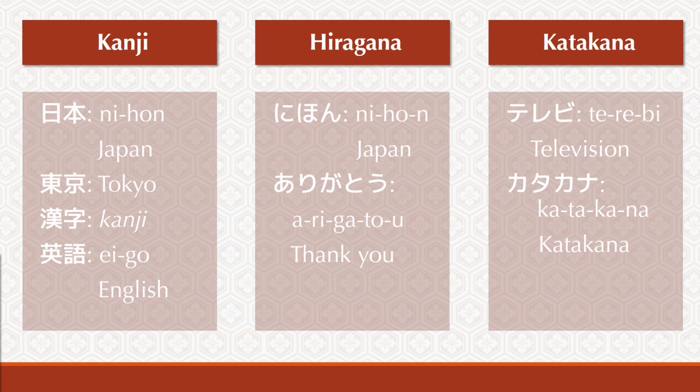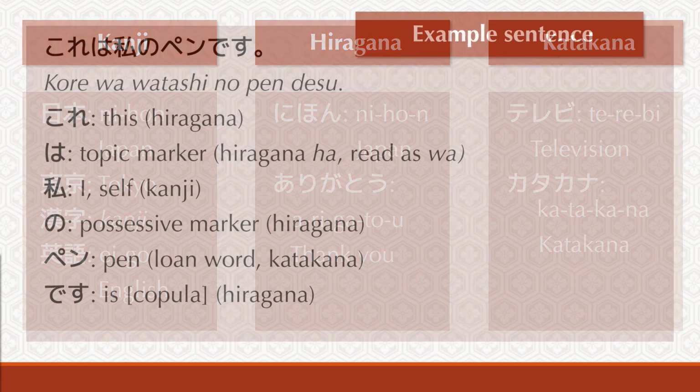Hiragana is used for grammatical elements, such as conjugations and topic and object markers, along with a few special Japanese words. Katakana is used to write loan words from European languages, and is also occasionally used as a kind of bold form of hiragana. It's also worth noting that any kanji character can be written using kana instead, and this makes sense given that kana simply encode the sounds of the Japanese language. Learning to read kanji, then, is based on memorizing both the meaning of the symbol and its pronunciation. And to make matters a little more difficult, a single kanji can have multiple pronunciations depending on how it's being used.